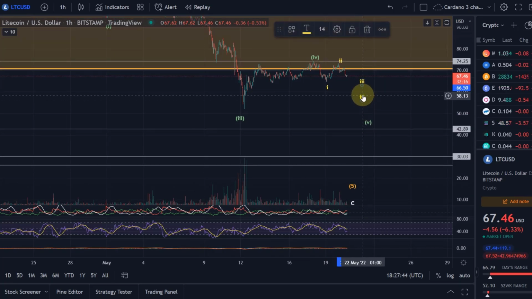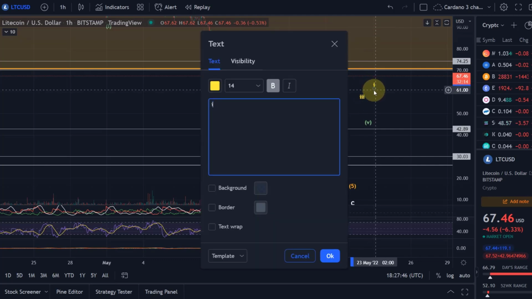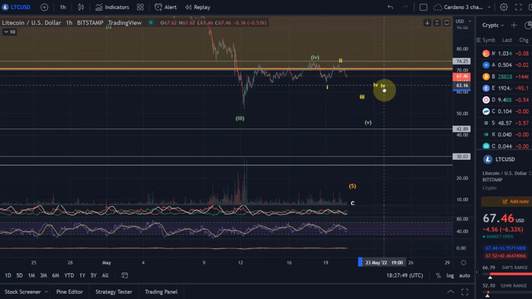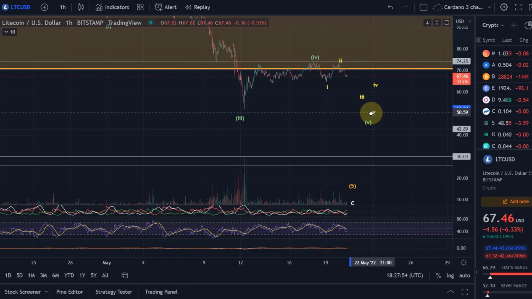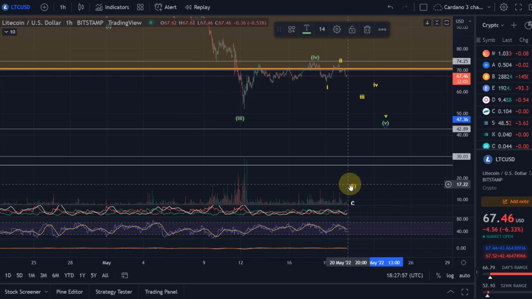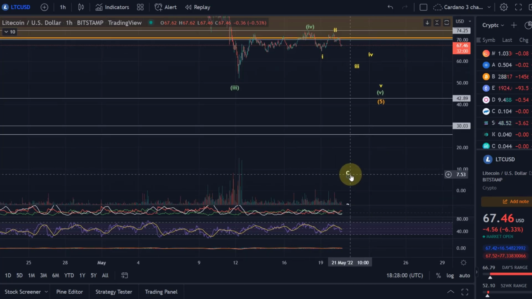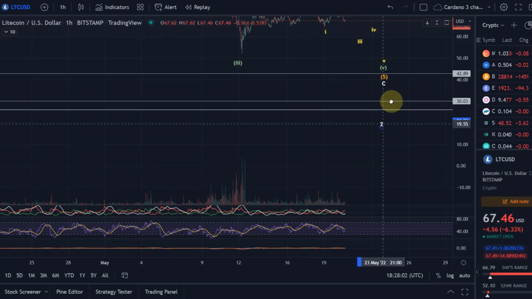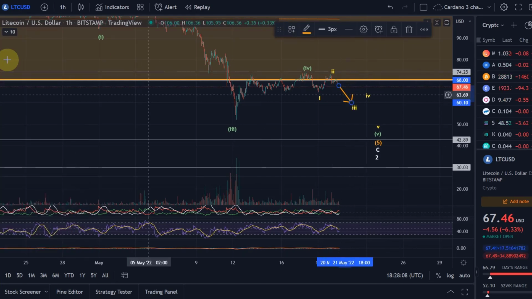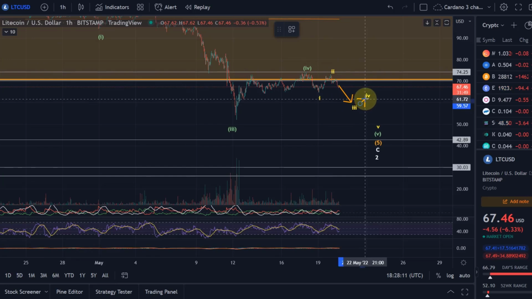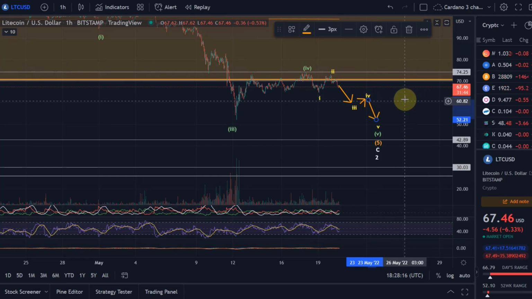Let me just indicate that. So wave 3, then a wave 4 up, and the wave 5 down, that wave 5 will complete this green wave 5 of this wave 5 of this wave C of this wave 2. So the overall move would be in a wave 3, moving up in a wave 4, moving down in a wave 5. And a key target for this wave 5, in my opinion, would be here the